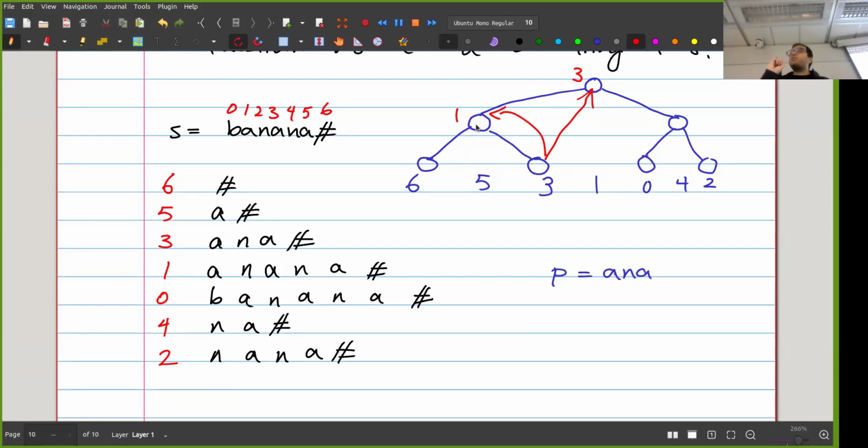The only cases where I do comparisons of characters are when my matches are actually increasing. So as I'm going down this tree, I start at the top, keep going down. In every step, I either find more matches of characters, or I go down the tree. I can match at most m characters, and the height of this tree is log n. So my total runtime is actually O(m plus log n). Because at every step, either I'm finding a new character match, or I'm going 1 step down this tree. So that's how I get m plus log n, which is of course better than m log n,